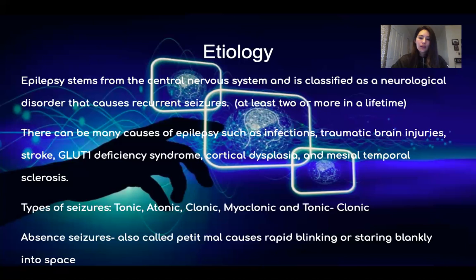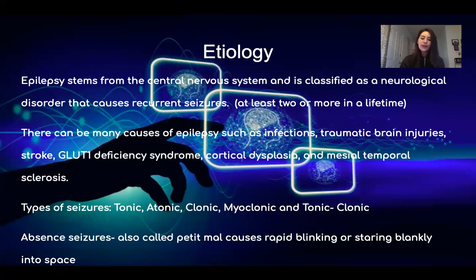So someone that's having an atonic seizure could simply slump over and kind of lean back. Just loss of muscle tone, maybe moving their neck weirdly, like losing the ability to hold their neck up, and that could be a sign that they're having a seizure. There's also tonic-clonic, and these are sometimes called grand mal seizures. These are the ones depicted in a lot of movies where you see someone on the floor seizing and jerking and twitching in a very violent way.